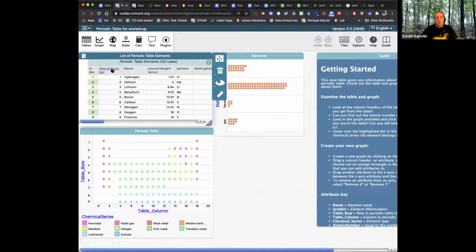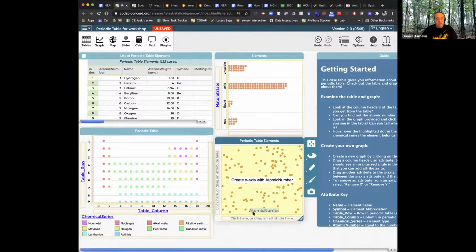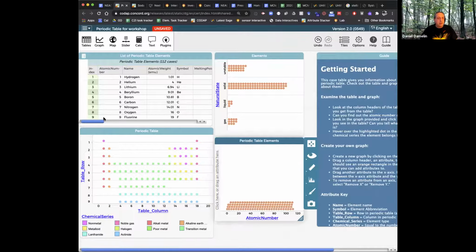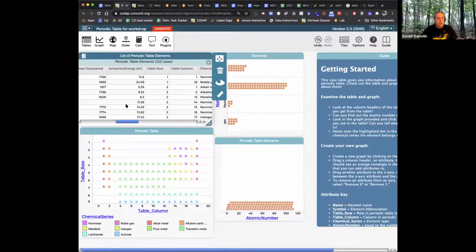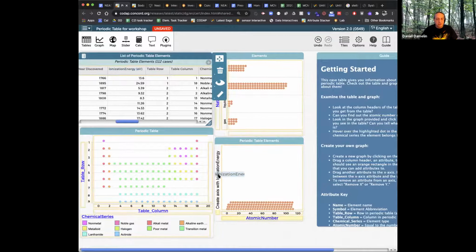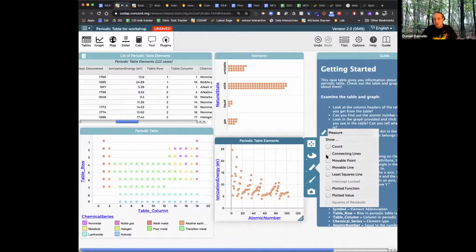Well, the simplest one might be something like a graph of atomic number and, I don't know, like ionization energy. Now notice it looks sort of like a bunch of dots on here. There is a possibility to do connecting lines. So it starts to look like